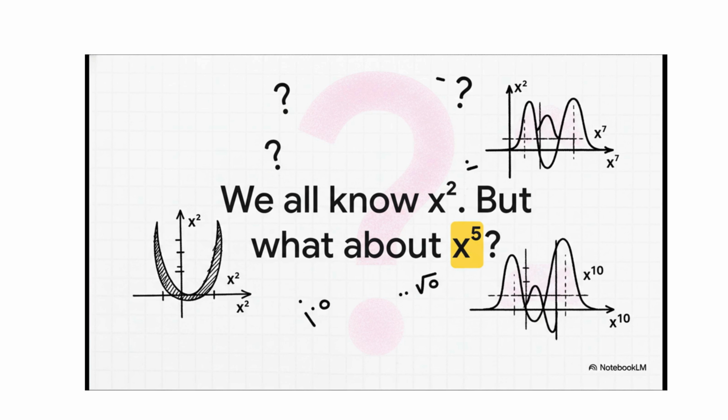So we all got pretty comfortable with x squared, right? You know, it gives you that nice, predictable, U-shaped curve, the parabola. But what happens when you run into something like x to the power of 5, or 7, or even 10? Suddenly, the graphs get kind of wild, the solutions get a lot trickier, and that's exactly what we're here to